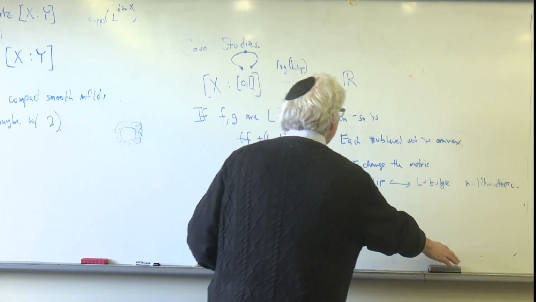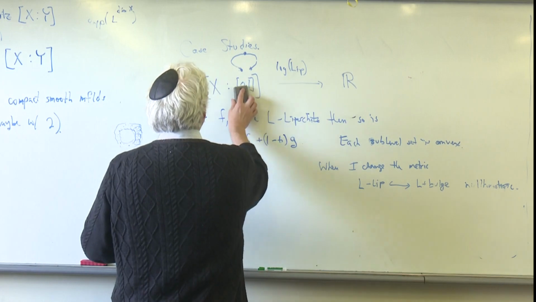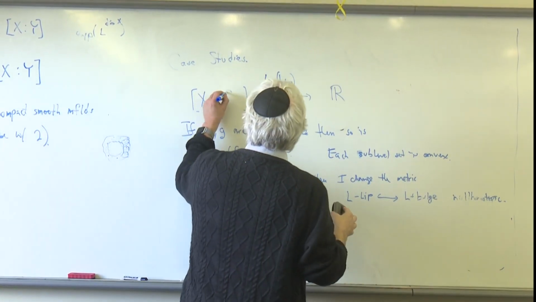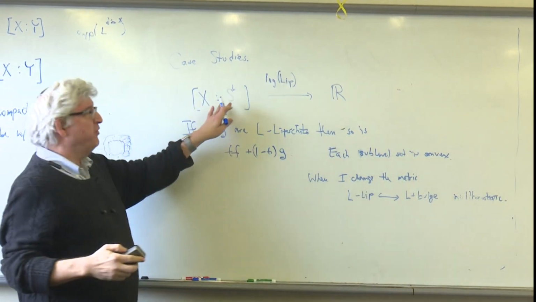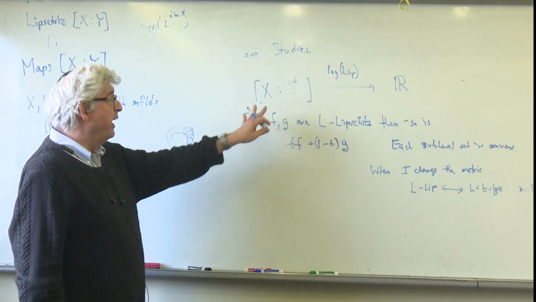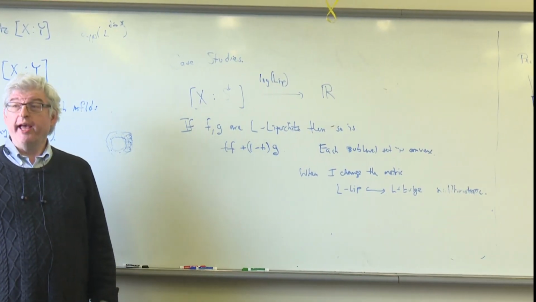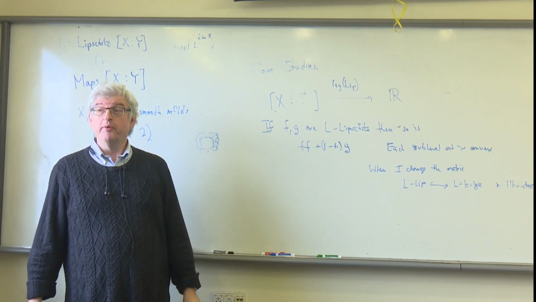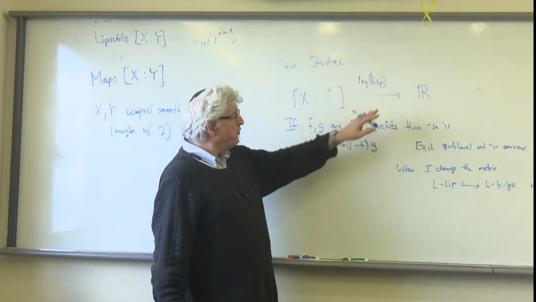Okay. So let me now do a slightly harder one. Suppose I look at maps from X to the circle. Okay. And I want to understand, this is sort of another case which you could try to do. And this one also